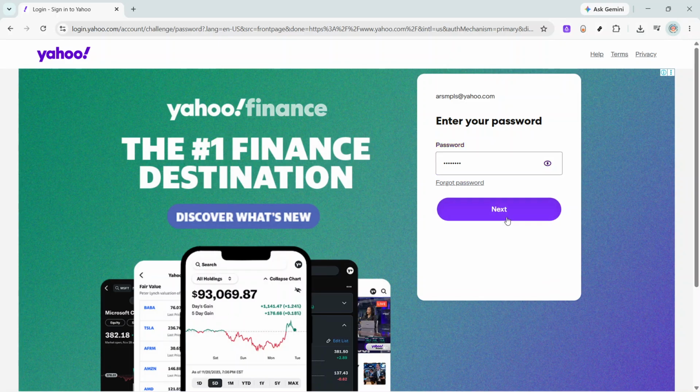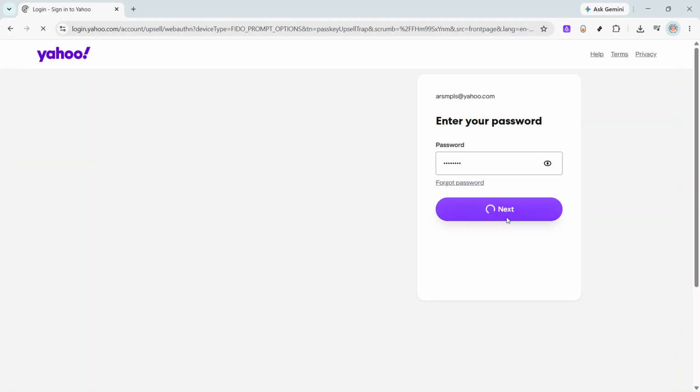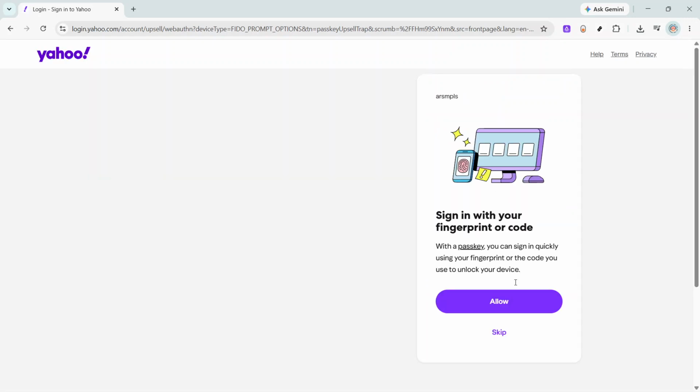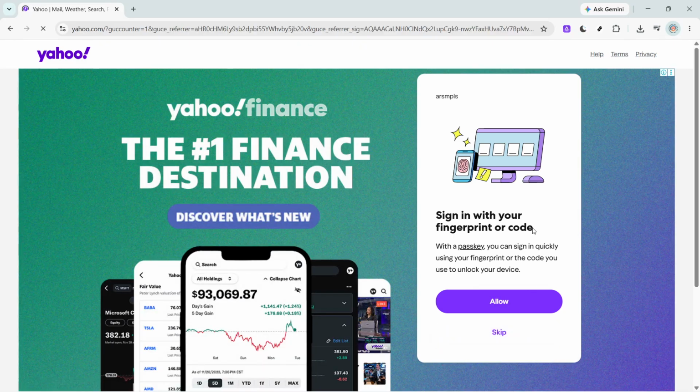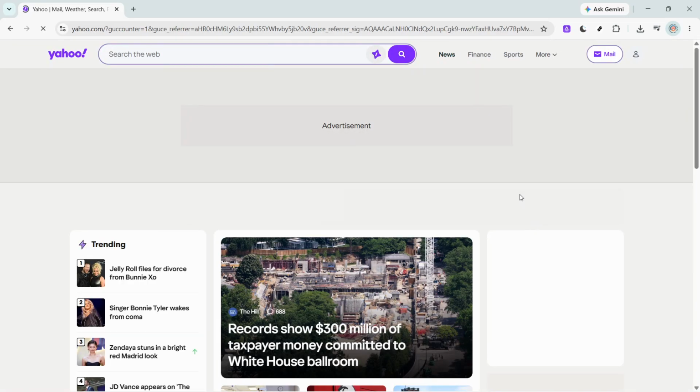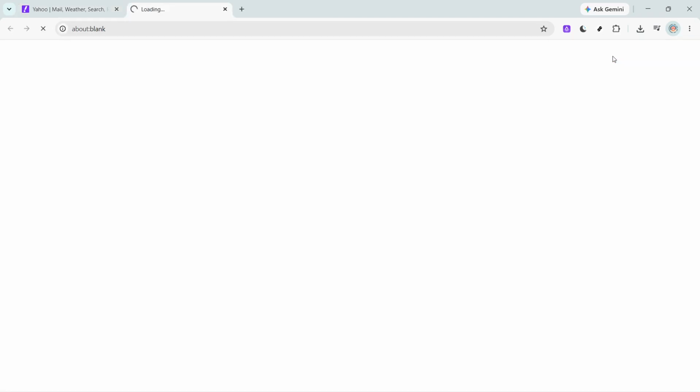Yahoo will then process your login details, and if everything is correct, you'll be taken directly into your Yahoo Mail inbox. From there, you can start reading emails, sending messages, and managing your account as usual. If the page doesn't let you log in right away, double check that your username or password was entered correctly and try again. It's also helpful to make sure your internet connection is stable so the sign-in page can load